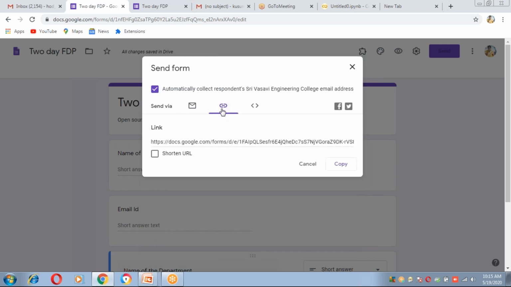By clicking on this, this is the link created. This link we can give to the participants. Then by clicking on this link, the Google Form will be displayed. And we can shorten this URL link also. By clicking on shorten URL, we can get a very short form of the link.